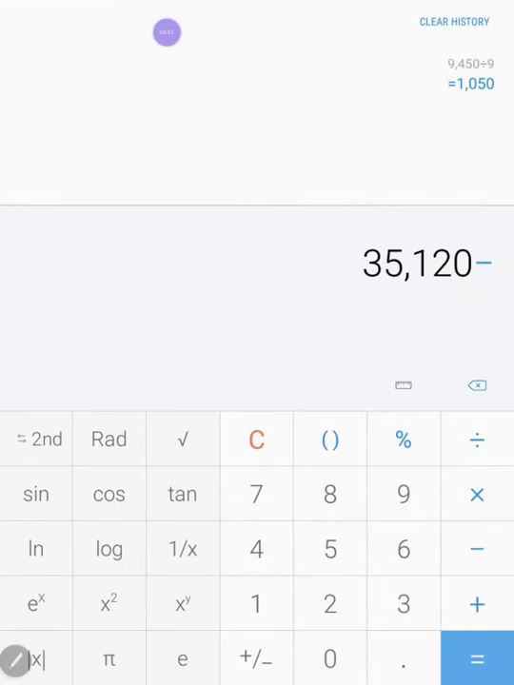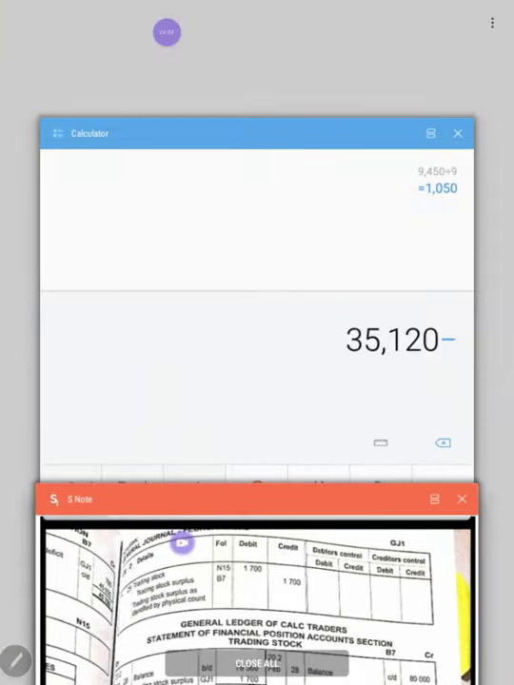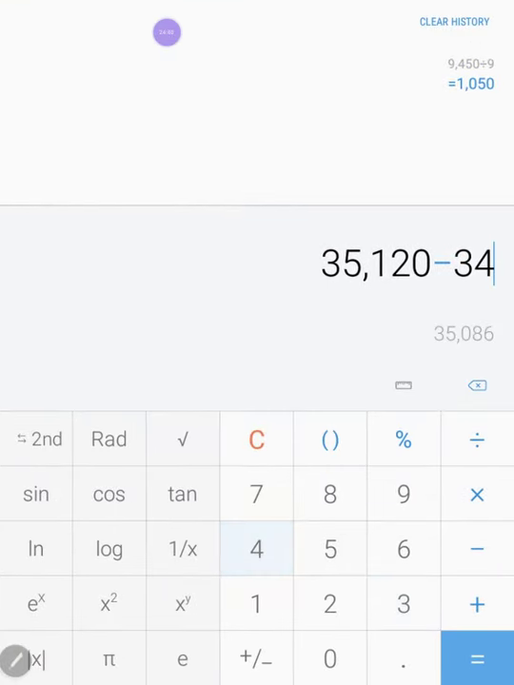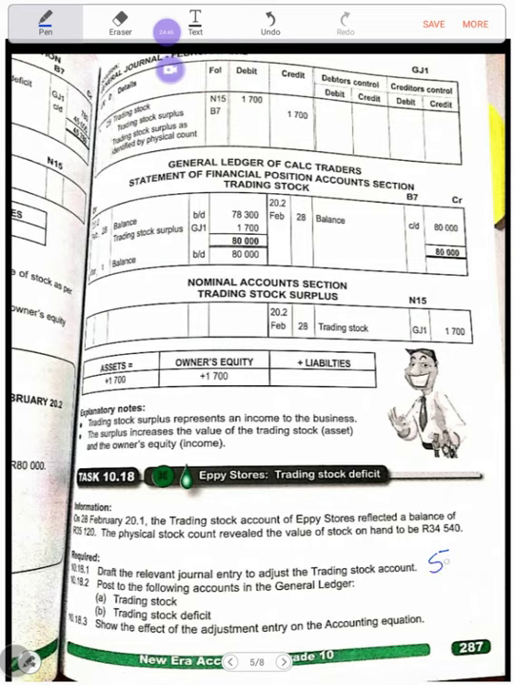I'm subtracting what I actually have on hand right now, the 34,540, and I get a total deficit of 580. I do not know where this money went to. Okay, a deficit is an expense. A trading stock deficit is an expense. What is happening to your trading stock? It decreased by 580. And remember that trading stock is an asset, and assets decrease on your